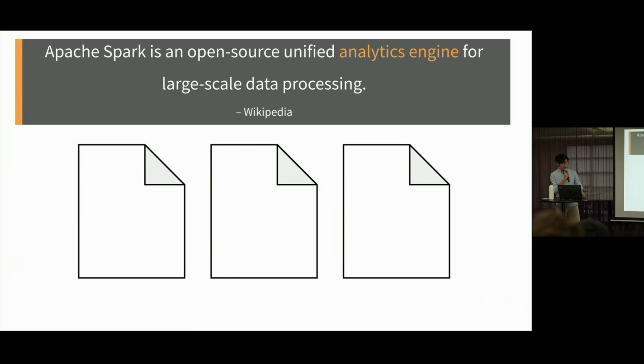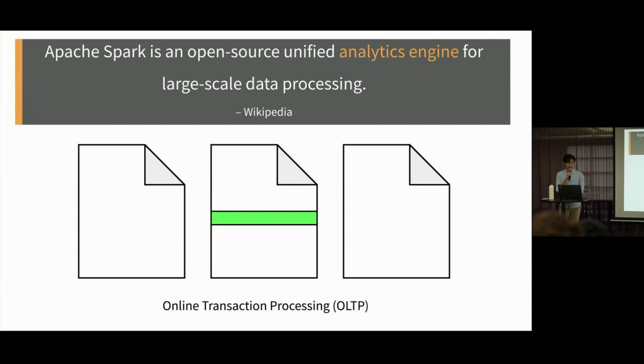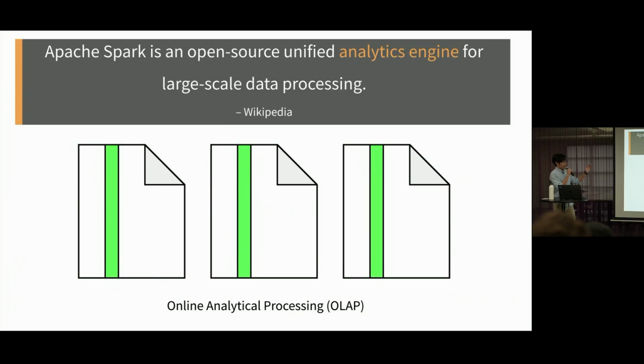So first of all, let's talk about analytics engine. Let's say you have a bunch of data, and you want to query this data. In a classic database, what we might call an online transaction processing database, you're going to select a specific row from your data. So let's say you have data about your users, you want to find a specific user, and you want to update some detail about this user. Analytics engines are different. You take all your data, and instead of getting a specific row, you're going to operate on columns of your data. So let's say you're aggregating some value, like all the money that all your users have, or the number of visitors you have for your website, you're going to aggregate across a column.